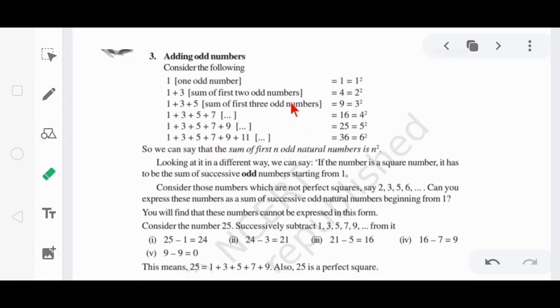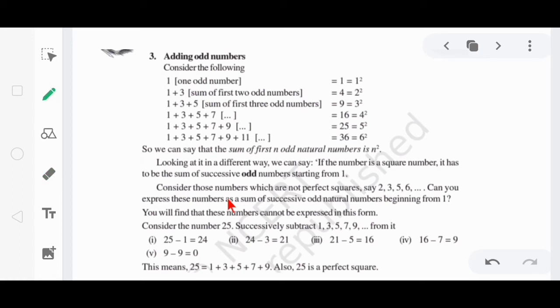So you can see here all the square numbers can be written as a sum of consecutive odd numbers. 1 plus 3 plus 5 plus 7 plus 9 plus 11 becomes 36. And one more pattern is given here. If you have to find the sum of the first 5 odd numbers, what to do? So here it is 1, 2, 3, 4, 5. 1, 3, 5, 7 and 9. These are the first 5 odd numbers. And the sum of these numbers is equal to what? 25.